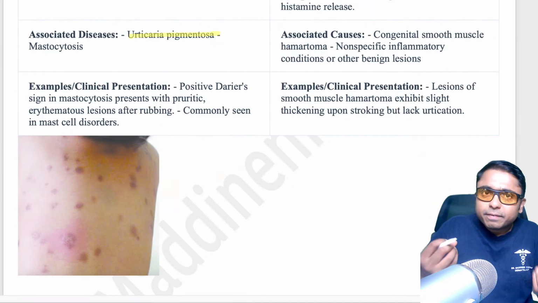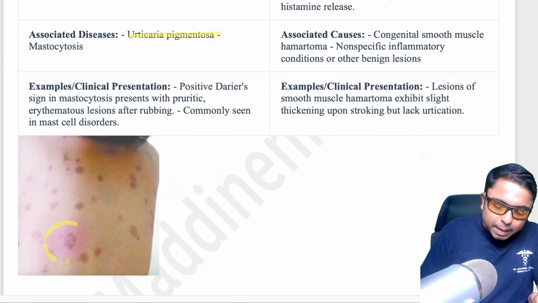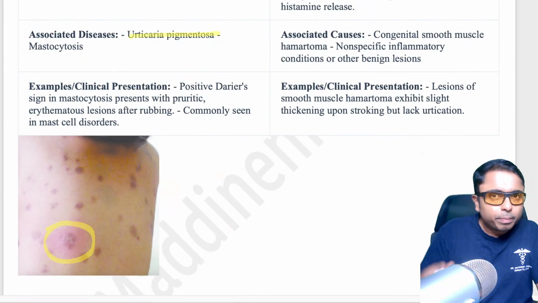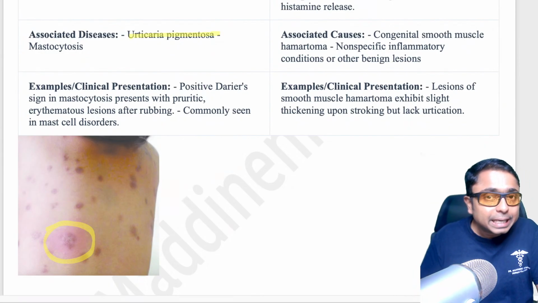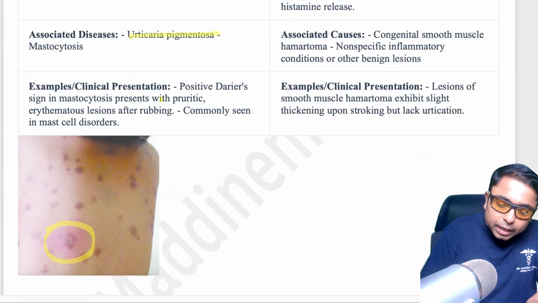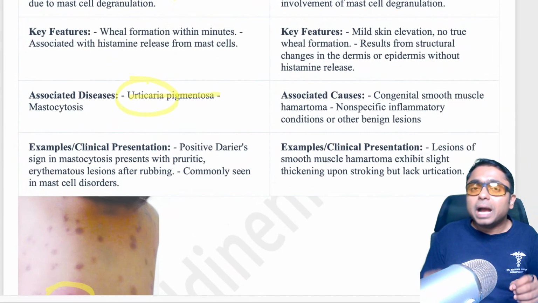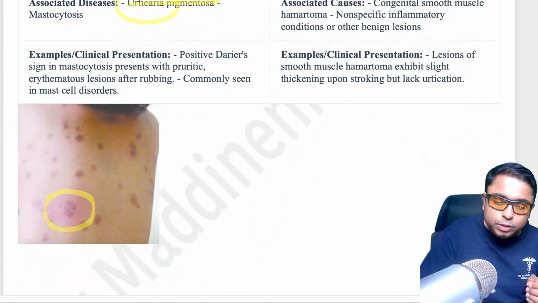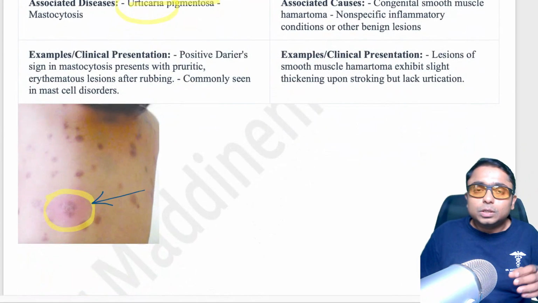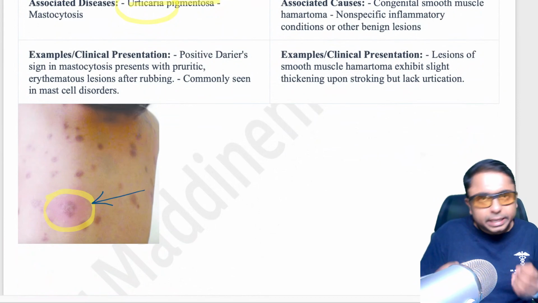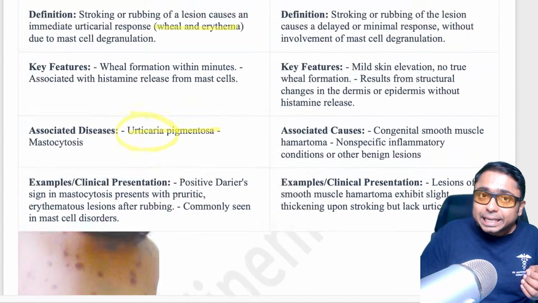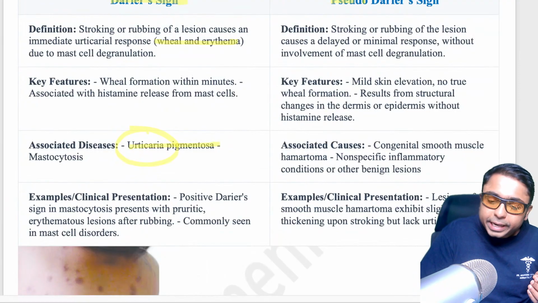So if we give a small stroke with a blunt end of the pen or pencil, what will happen? There's going to be degranulation, releasing the histamine, because of which there's going to be urticarial lesion developing. That is wheals and erythema at the site of wherever we have given the small stroke. So this is what is referred to as the Darier sign,